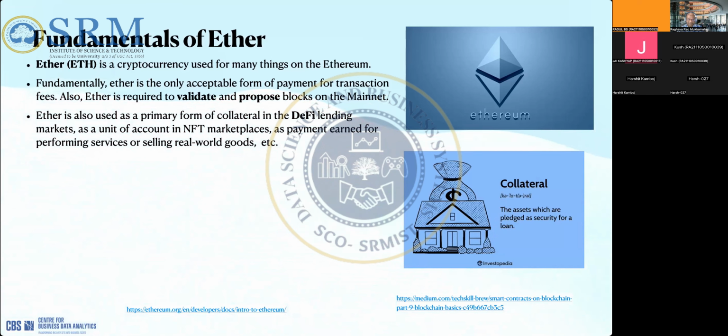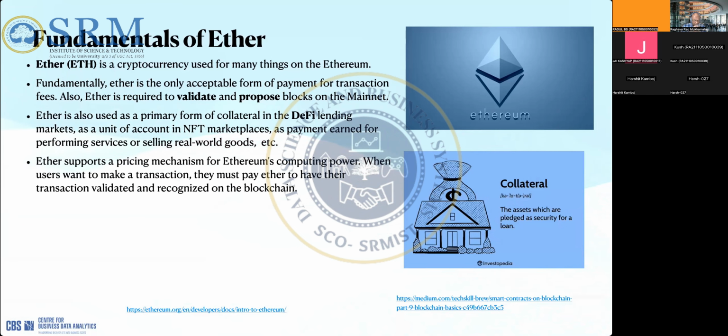Even in the case of decentralized finance, we are not touching that. This is a pretty big subject, how to use blockchain and decentralized programming for offering various financial services like shorting and lending and many kinds of financial actions. That's called decentralized finance. There also, ether is used as the form of currency, even for collateral. So if you want to get a loan on the decentralized platforms, you need to show a deposit of ether, or an account holding ether, as some kind of guarantee to get loans on it, right?